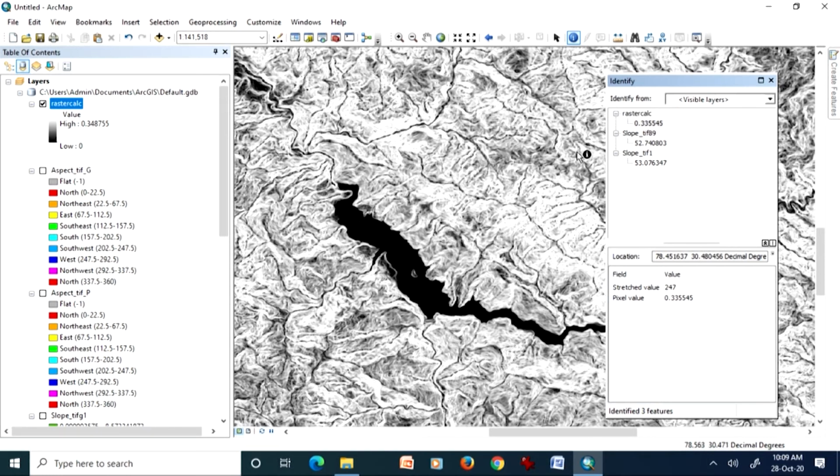Another important thing you can notice here is that there are no values less than 0 or anything. That means if I choose jet factor 1, which is incorrect, I am going to overestimate slope values.